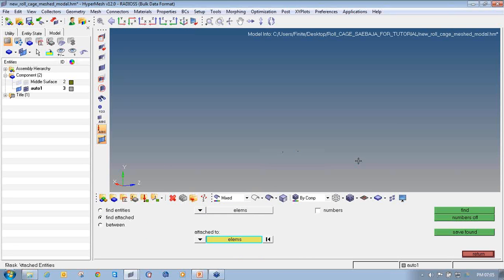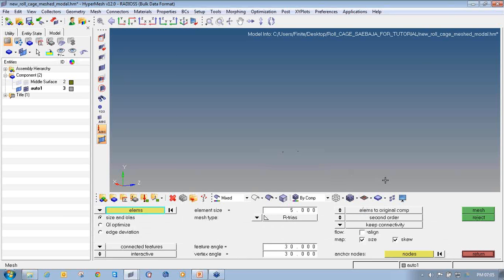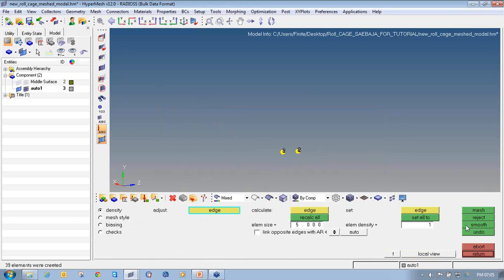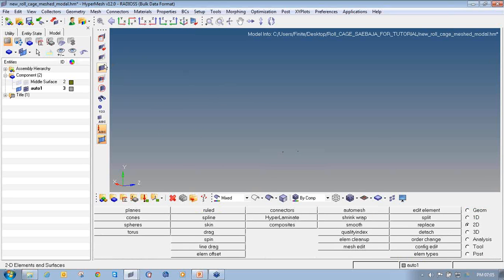Then press Shift F5 and drag the window. So 3 elements will be selected and click on find. Then go to 2D, auto mesh, drag the window again, element size 5, mesh type trias and say mesh. So it will mesh these elements, say return. Again click on mask, unmask all,